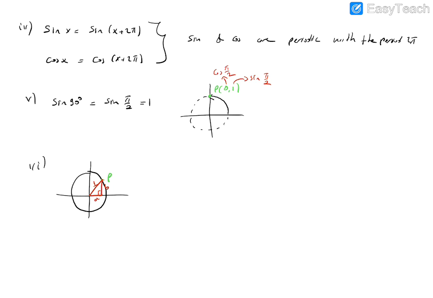So because of this situation, the hypotenuse of the triangle has length 1. So this is 1. The trigonometric ratio of the sine is B over 1, which is B, and cosine is A over 1, so this is A. Let's write it down. So for this angle x, cosine x equals A, sine x equals B.